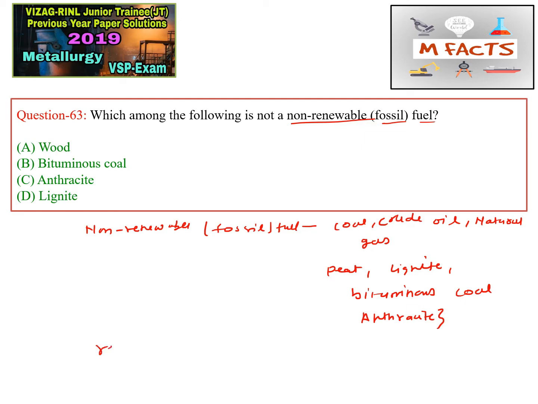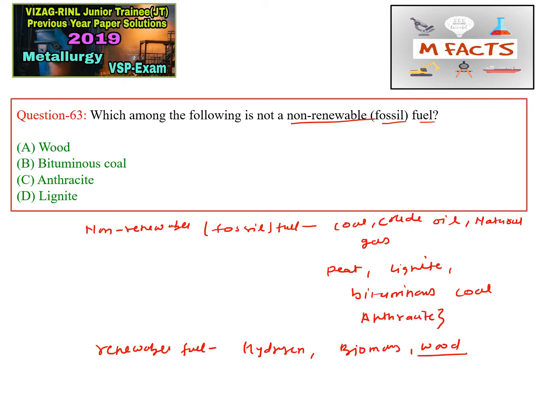And what about the renewable fuels? So renewable fuels are basically hydrogen fuel, biomass and wood, okay, so these are renewable fuels. So in this question they are asking which among the following is not a fossil fuel, okay, so you